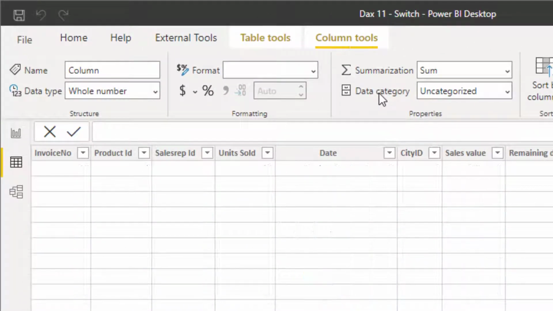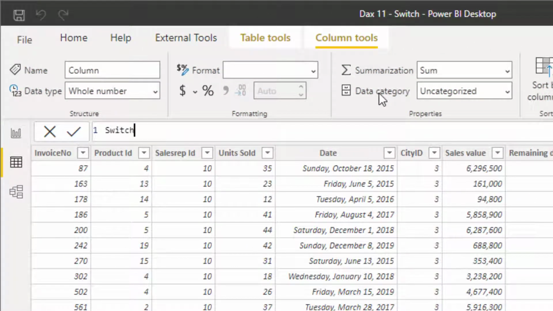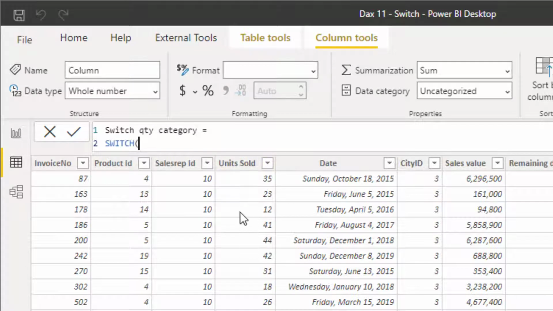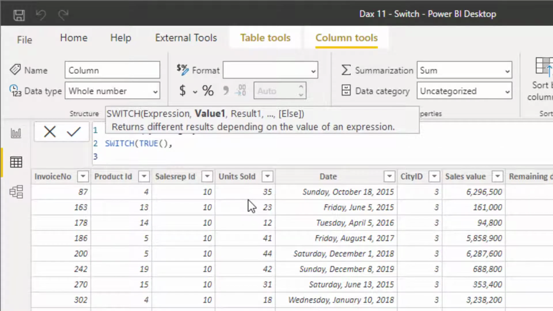and I will name that switch quantity category. And in this case, I'm going to apply the formula switch. The expression I'm going to evaluate is whether this units sold column, which is a value column, is equal to or less than a certain value, then I will specify which category it should belong to. So in this case, I'm going to first use a Boolean expression called true, and then